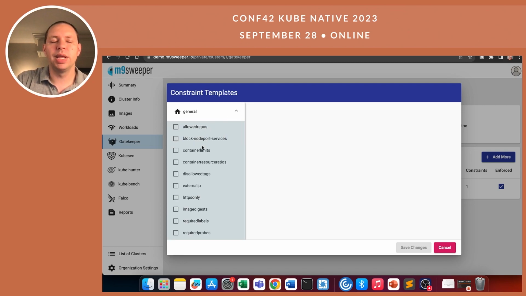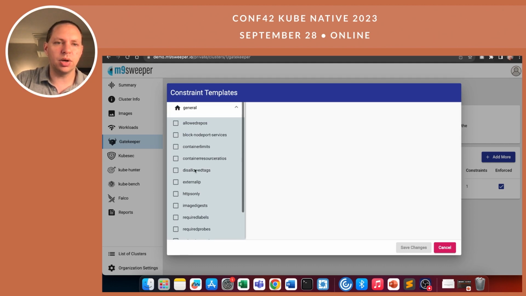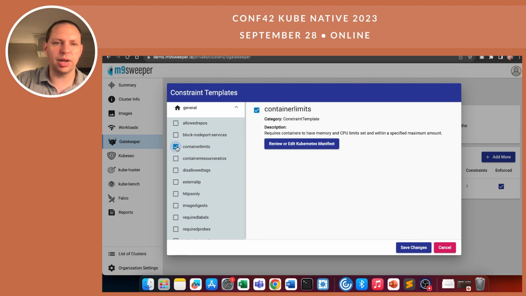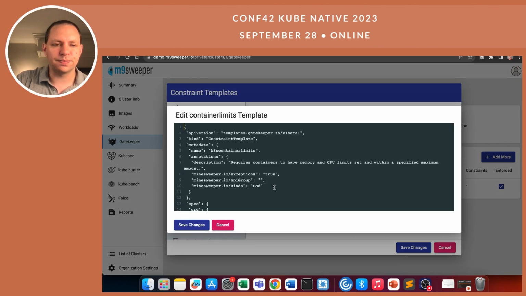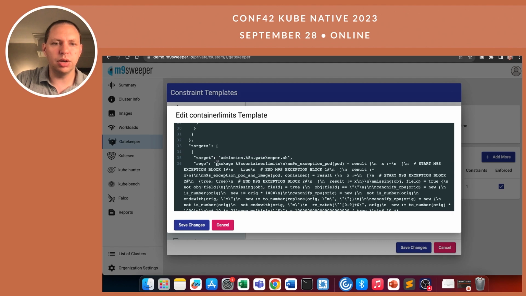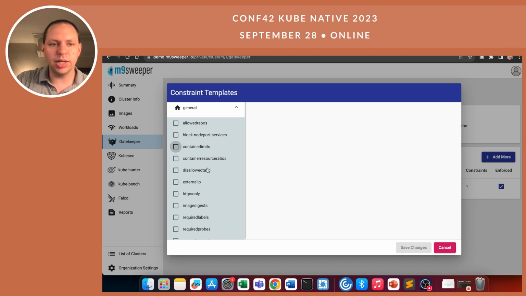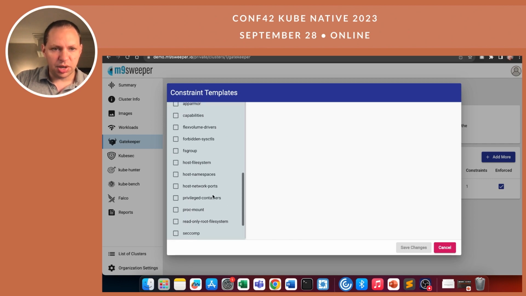Think of constraint templates as different kinds of operations you want to do. You might want to say, I want to require containers to have a limit on CPU and memory. So I can say, okay, container limit. And you'll see here, we have different constraint templates available, and they have this Rego code in it. But editing Rego code is really complicated. I can let you go dig into that on your own time, but we don't see a lot of people actually doing that. Usually they use one of the official ones,